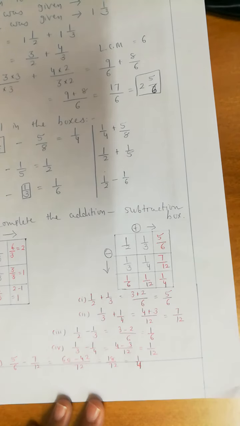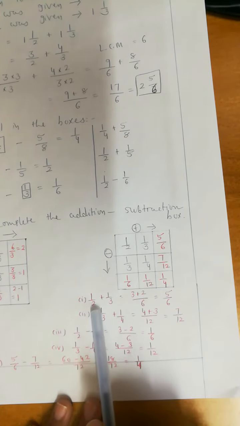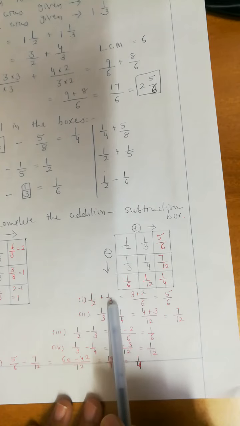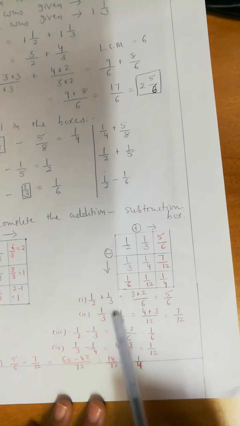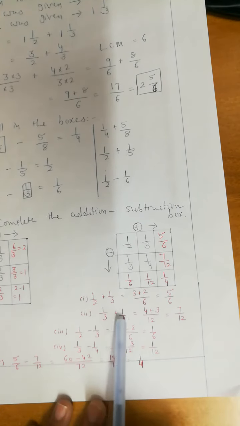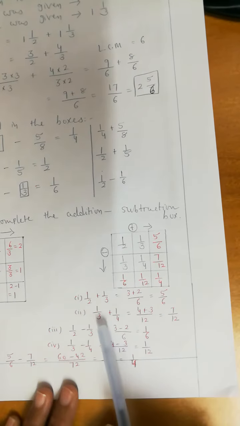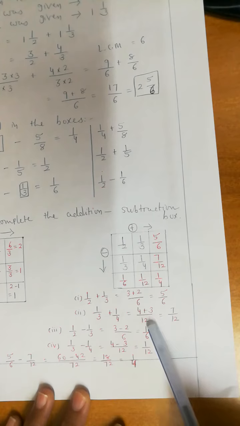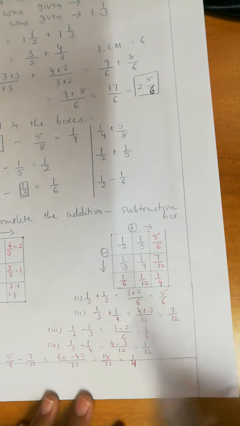When you add or subtract two fractions, you can apply the method of cross multiply. Cross multiply and in the denominator multiply the denominators, 2 into 3. Here second 1 upon 3 plus 1 upon 4. Cross multiply 4 ones are 4. 3 ones are 3. And denominator 3 multiply by 4, 12. 4 plus 3, 7 upon 12 is your answer.